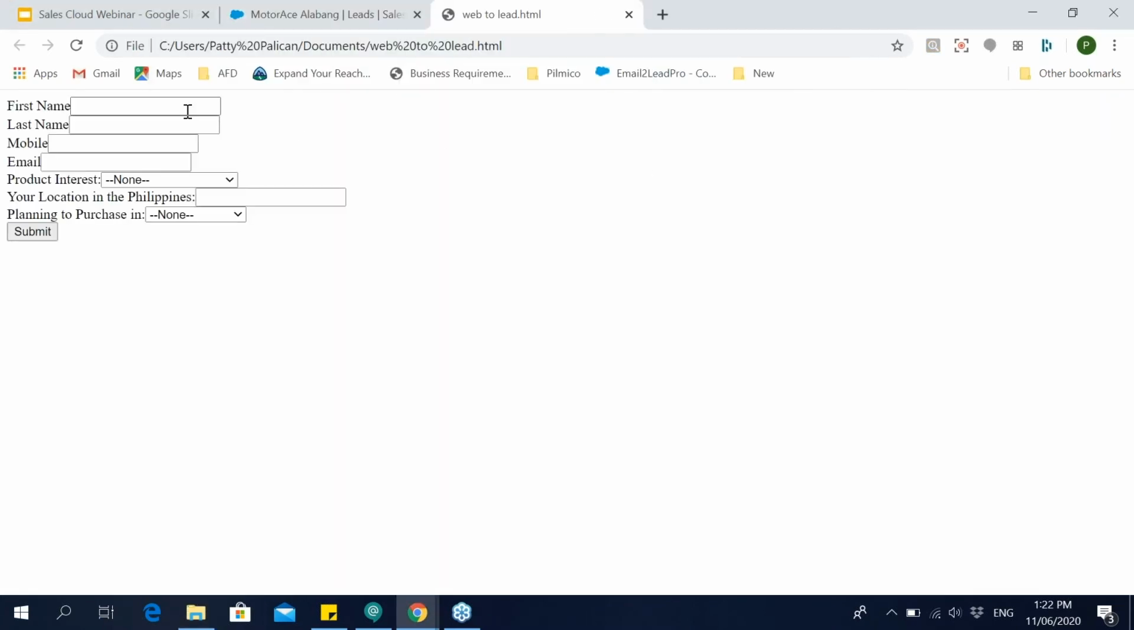This is the HTML form that will be generated by Salesforce, and this HTML will be the one that you will add into your contact us page or into your company website. So let's try filling up this form. For example, I am the customer Pati Palican. Then mobile is just a sample mobile number. Then email,